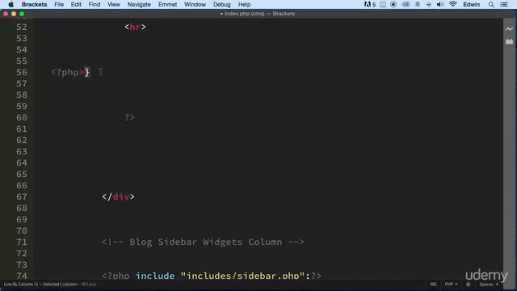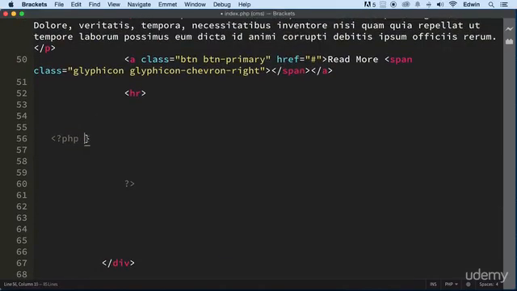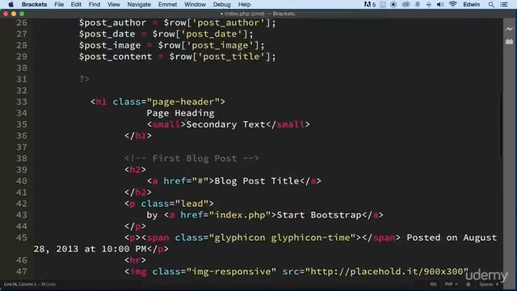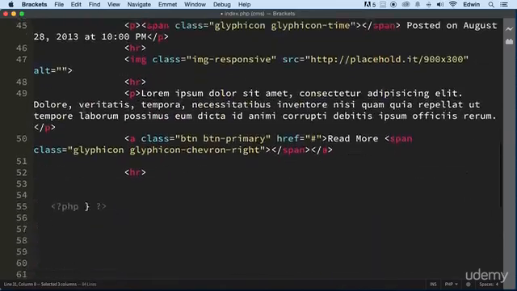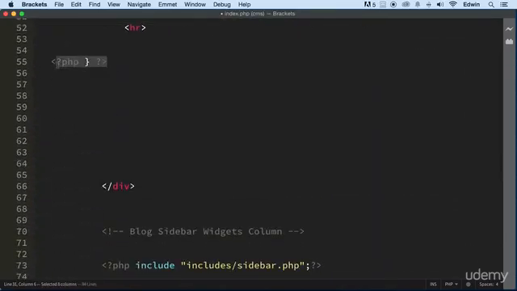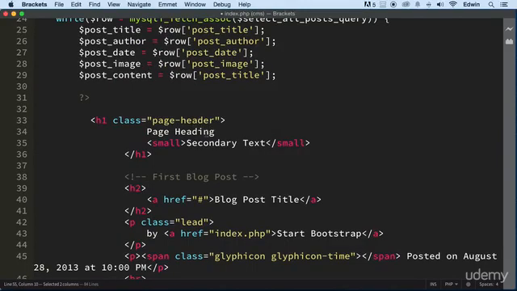this little thing right here, this little curly bracket from PHP. All right, I need to close my loop with this. That's what I'm doing right here. So I'm turning off PHP and I'm closing the loop, and I'm turning it back on here again to get this curly bracket. So here we're going to be displaying some dynamic text. This is the page heading. We're not going to